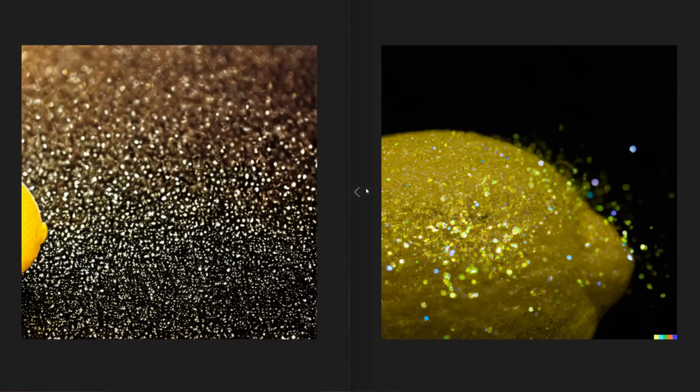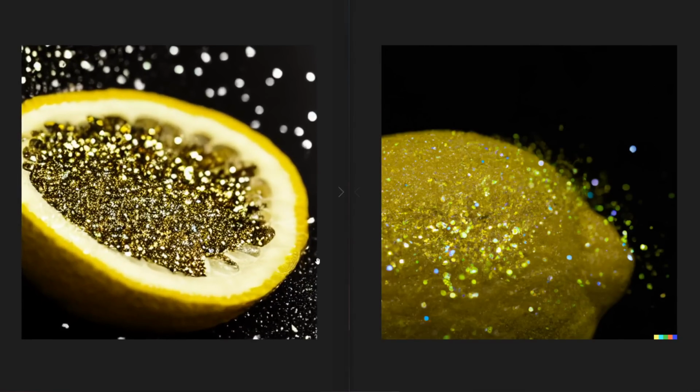And moving on to the third one here, I actually really like the creative take here. With Stable Diffusion's, the lemon is cut in half, and you can see on the inside of the lemon that it is clearly made out of glittering stardust, and it's sharply in focus. So this is easily my favorite variation out of all of the images for this prompt.